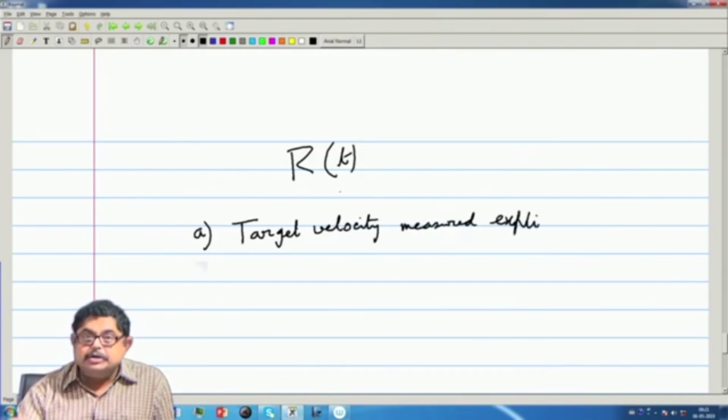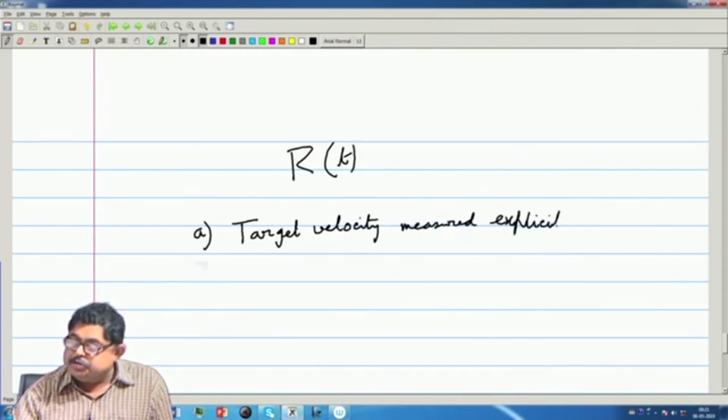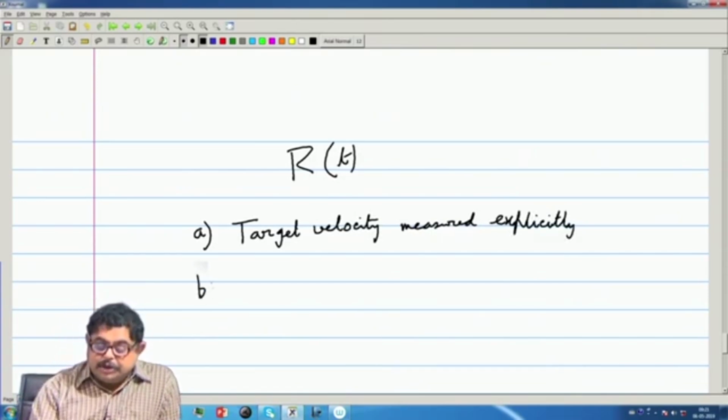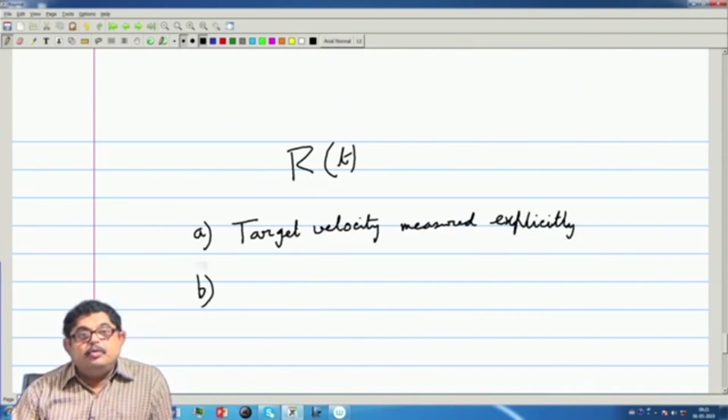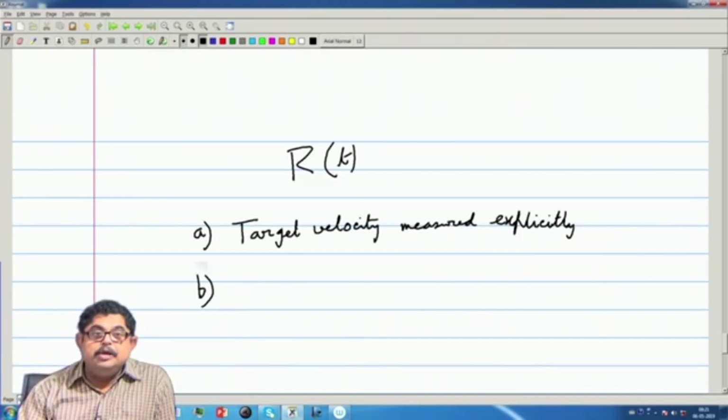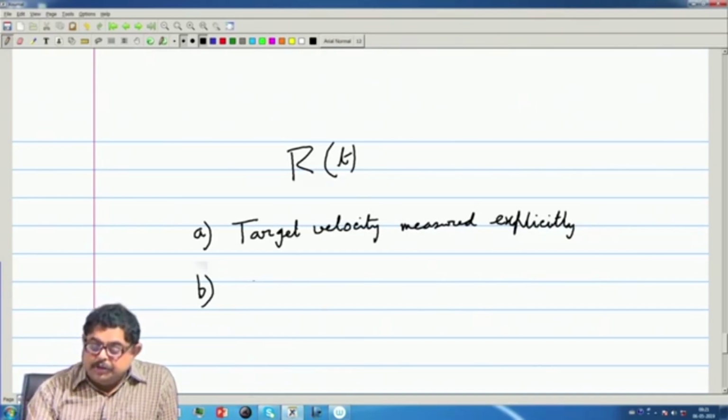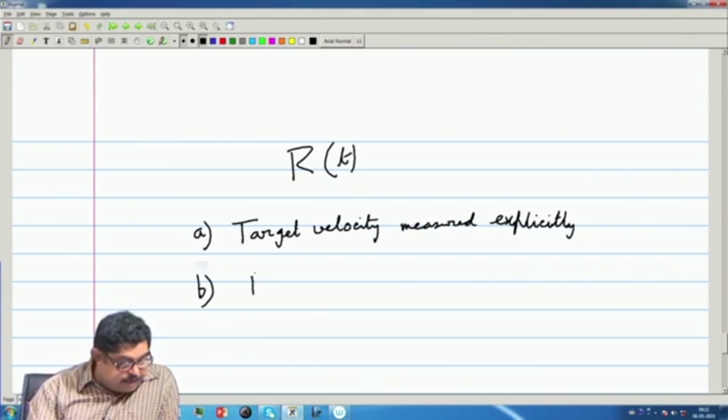But as I said, nowadays signal processing is there, so I could have done that implicitly. But this part B is more important, that this thing will not be able to remove the clutter, whereas if I do the Doppler measurement,